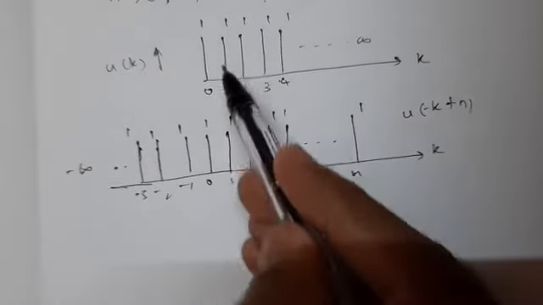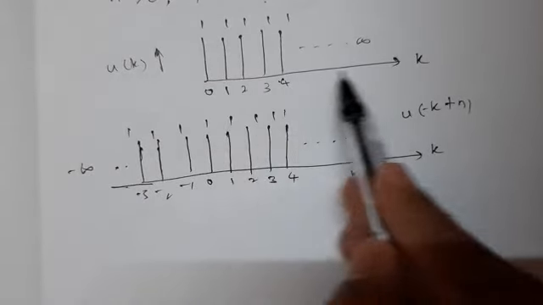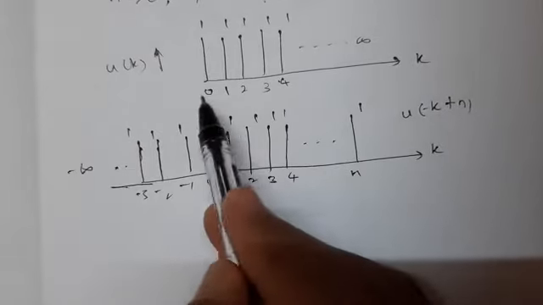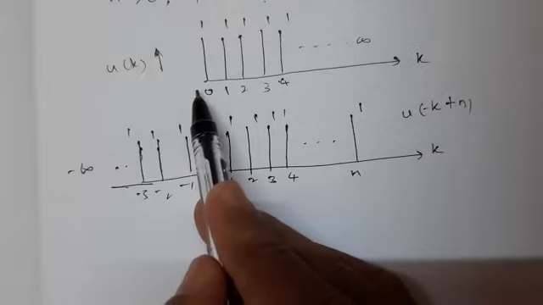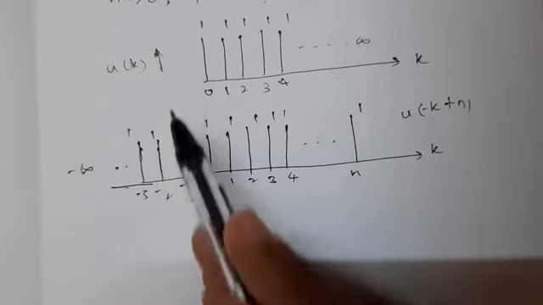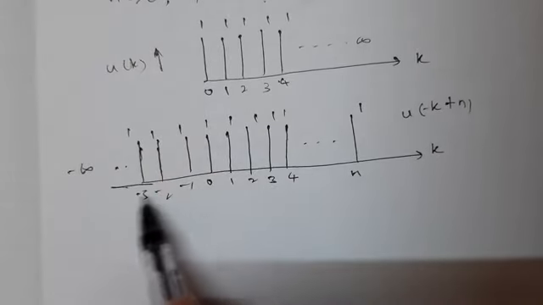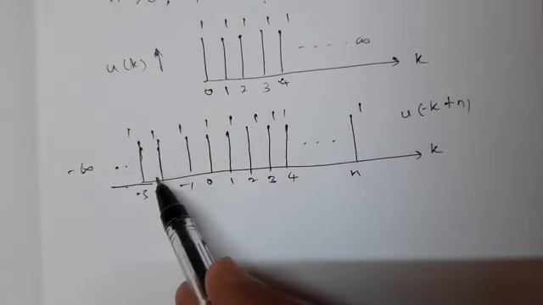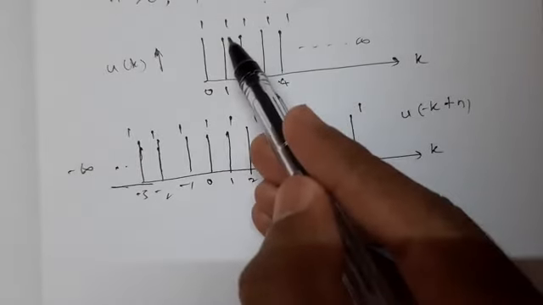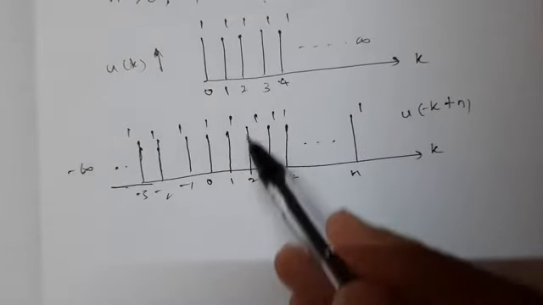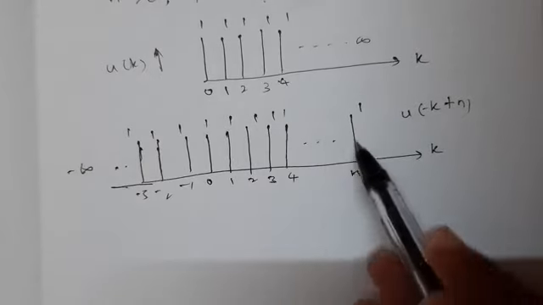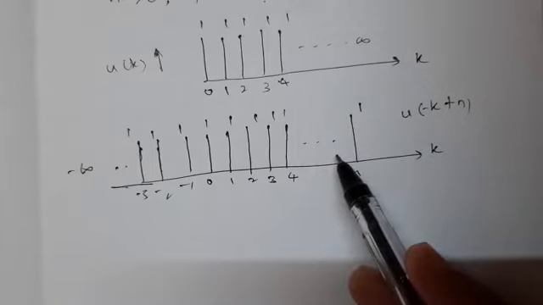Now you check, the samples are getting overlapped. 0 to infinity is getting overlapped with 0 to n. For k less than 0, I don't have any samples here for u of k, but for u of minus k plus n, for k less than 0 I have samples which get multiplied and get 0. But from 0, wherever you multiply 1 into 1, 1 plus 1 into 1 at k equal to 1, plus at 2, 1 into 1, again plus 1, and so on till n, you get some values.